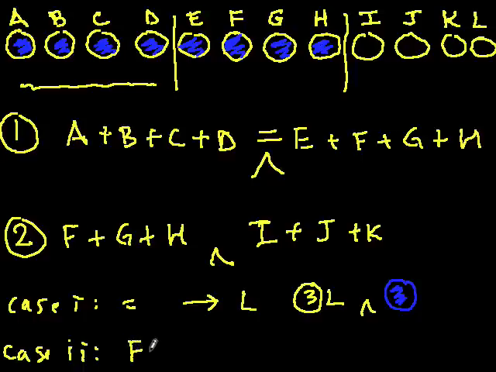So F plus G plus H, maybe it's heavier than I plus J plus K. So what does that imply? Well, we know F, G, and H are standard, and they're heavier than this, so that means that either I or J or K is slightly lighter than the standard ball. So we can take any two of those, and